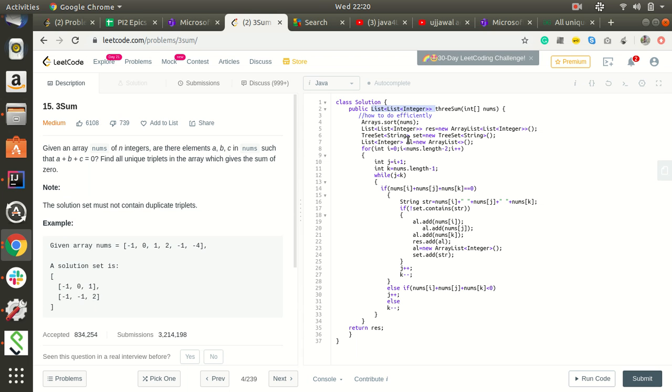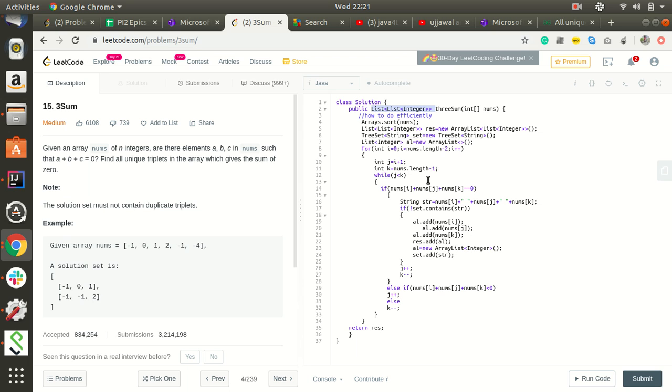So how to deal with this question? There are multiple ways by which we can solve this question depending on the time complexity level. If you are using three for loops, then it will take order of n cube. Easily you can just fix the three values and check the triplet sum. It will require three for loops plus some computation to achieve the uniqueness. So it will be an order of n cube solution, but that will not be efficient.